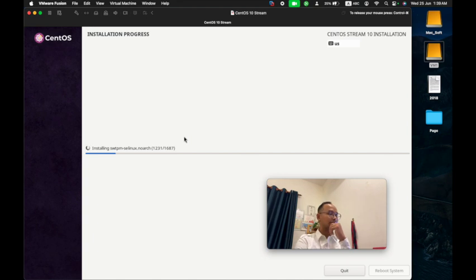So think about how much of your RAM remains. Yes, it remains only around 1 or 1.5G of RAM, and then you use that RAM for your virtual machine.